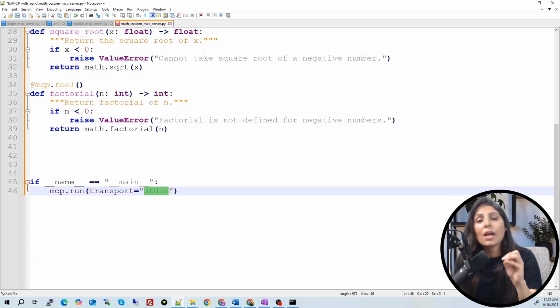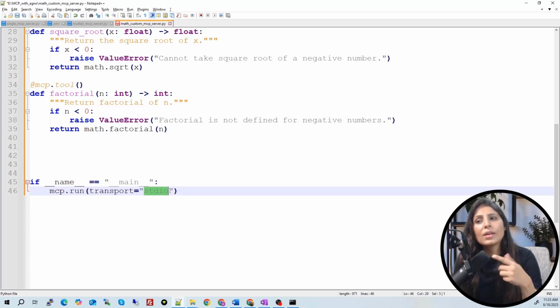Why are we using standard IO? Because our client, the code, our agent, and the server both are on the local machine. When your client and MCP server are both on the same machine, then you can use this transport method. This transport method will only work when client and server are both on the same machine.